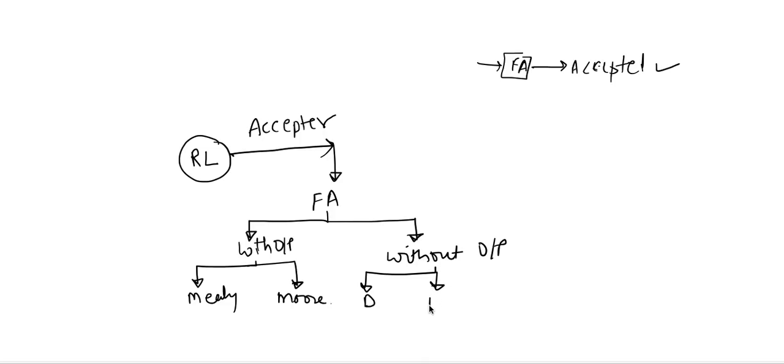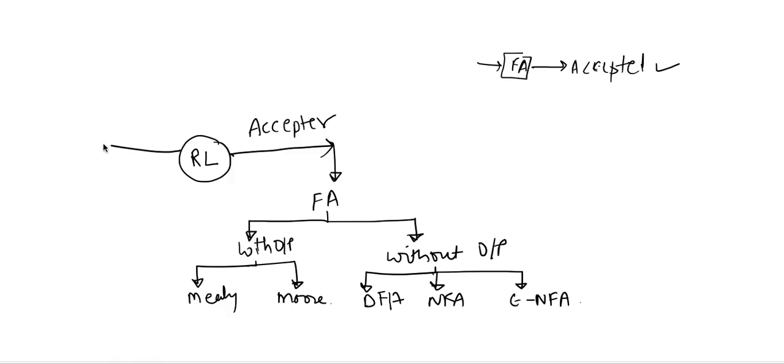DFA, NFA, and we were having epsilon NFA. We have studied this. Okay, so these are called as the acceptors. They were used to accept particular strings for the language. Okay,